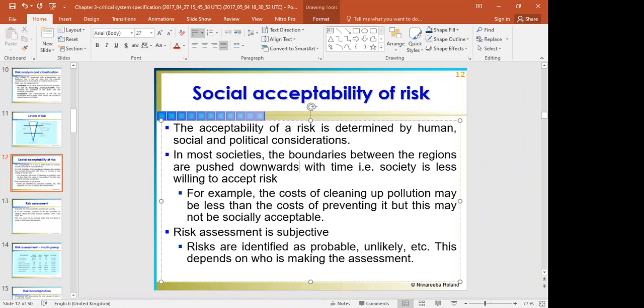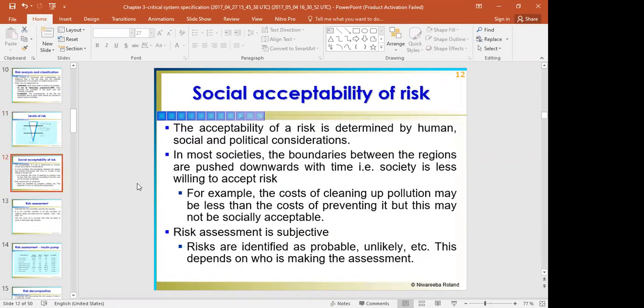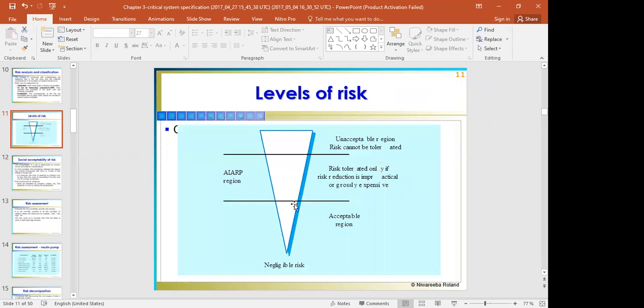Here they explain these boundaries, this one and this one. In most societies, the boundaries between the regions are pushed downwards with time. That is, society is less willing to accept risk. Definitely, when you push this boundary down, and you push this boundary down, you can see that the negligible risk is decreasing. Whereas the unacceptable or intolerable